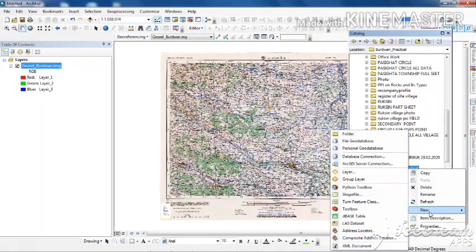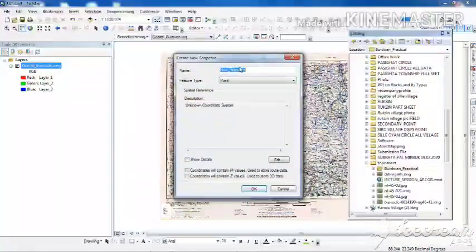I will show you how to create point, line and polygon. So I will go to New, go to the Shapefile option, and in the shapefile, first let's create villages. As we know, every village has a particular geographical coordinate.